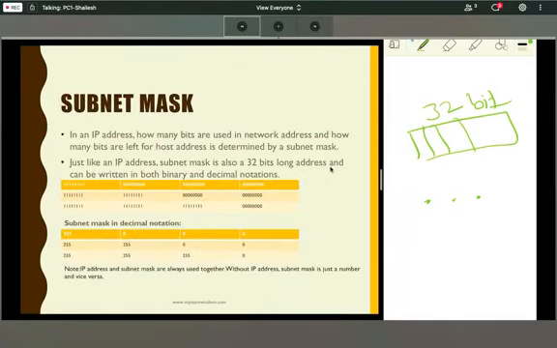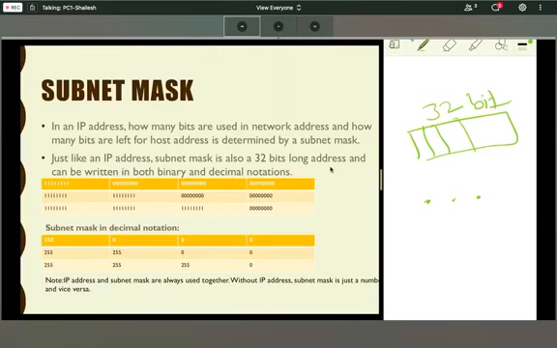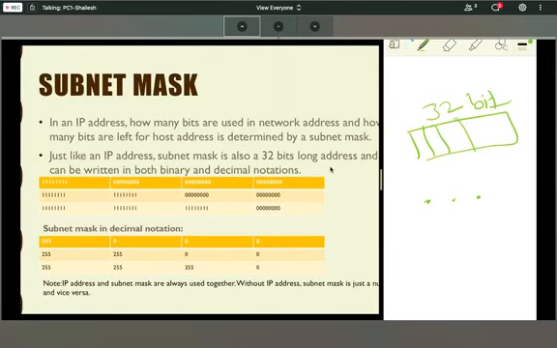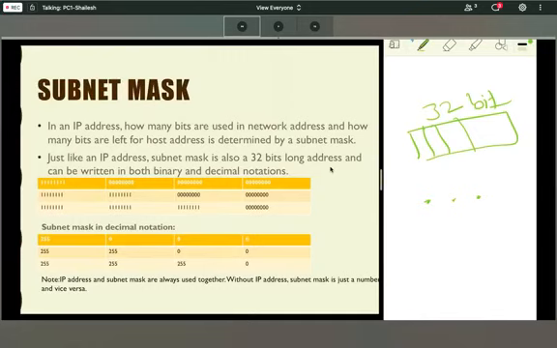If you see here, subnet mask is also 32 bits. Same thing. But what is subnet mask, first of all?